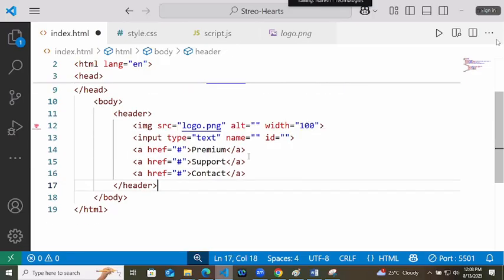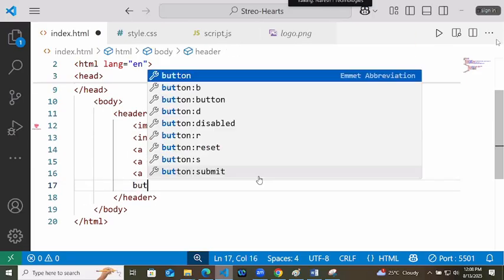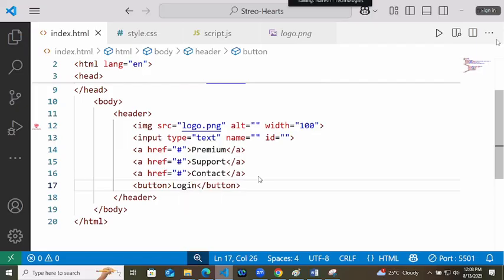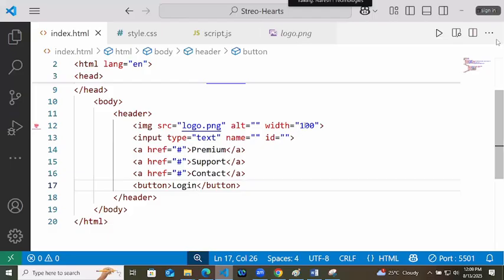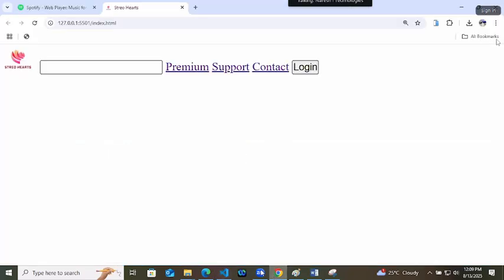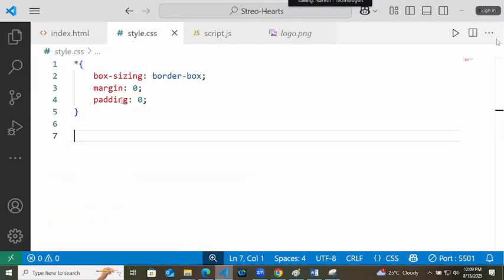Then we will show a button of login. Okay. So let's start the things and check what we are getting. So we are getting these things in this way. We'll just adjust. So at first its width should be 50. Okay, done.